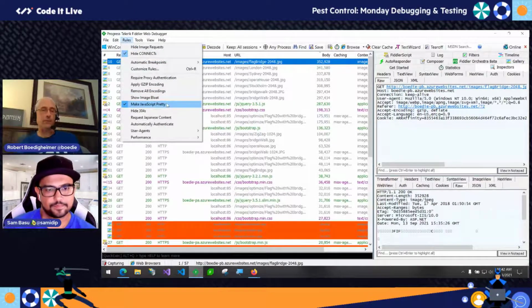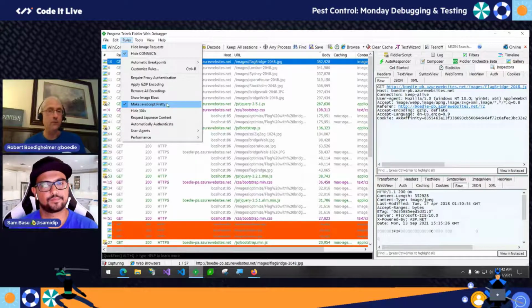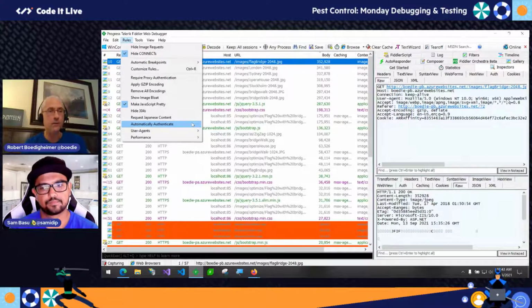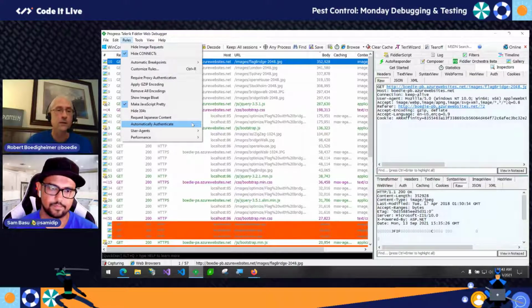You can pretty print or use source maps so that when you go into DevTools on the client, you can see the unminified version of JavaScript and step through it. This one will actually do it on the fly because it's sitting between the client and the server. Any minified JavaScript file it sees, it will unminify before it goes to the client. So when you're in DevTools, you're automatically stepping through something that looks better, if that makes sense. That's another cool extension.